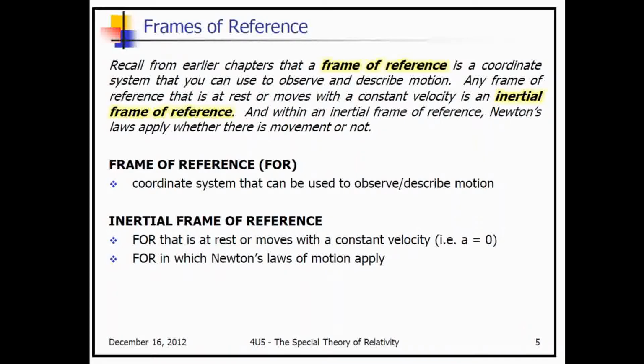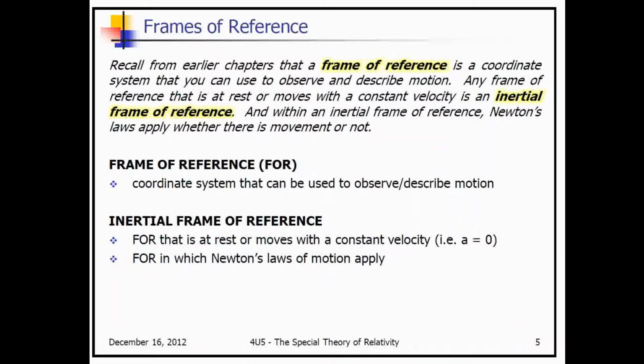So having an inertial frame of reference is easy for the math, so much so that in cases where we don't have an inertial frame of reference, we often alter our questions so that we do have an inertial frame of reference. But what we weren't considering was what happens when we are observing something from